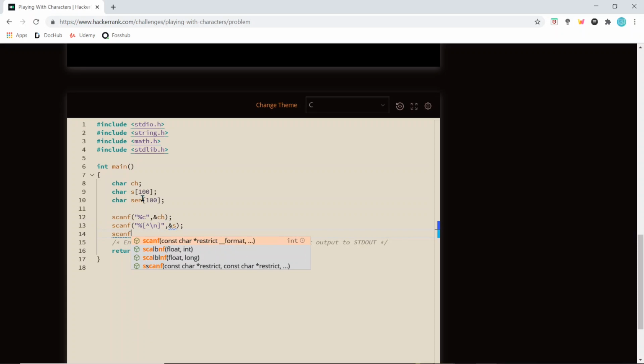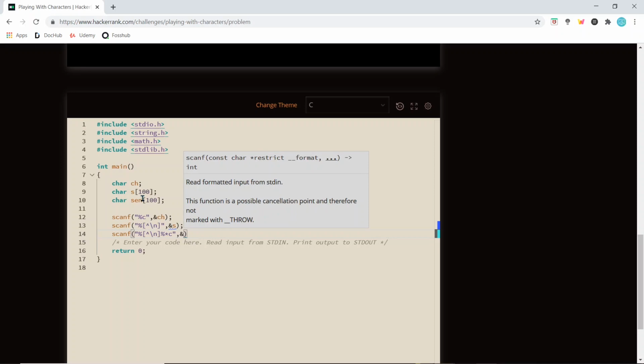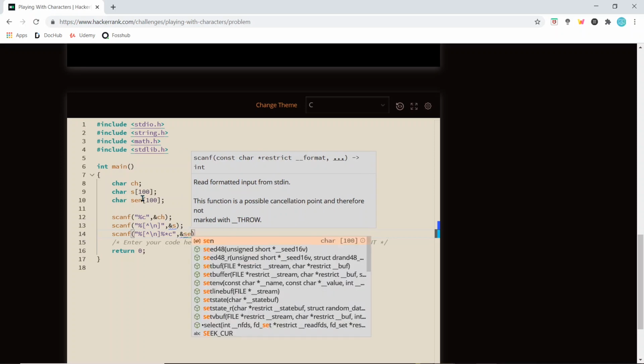Another declaration for taking input, and then we write inside double quotes percent upper arrow backslash n close the brackets percent star c. Okay, write a comma and then write ampersand sen.